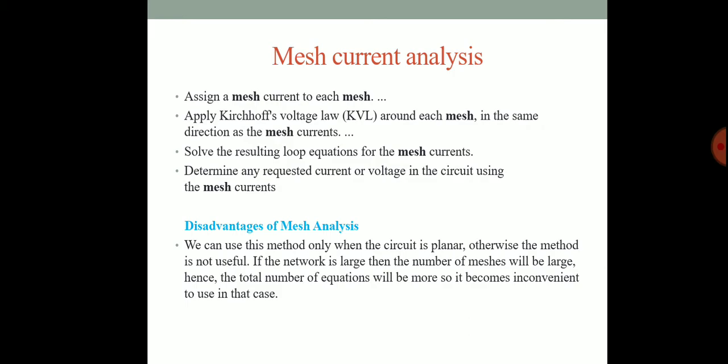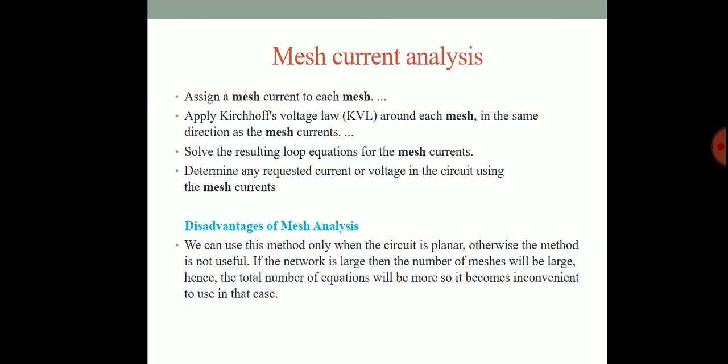Another difference is that in this method each branch of a network may carry more than one current. So the total branch current must be decided by the algebraic sum of all currents through the branch, while in analysis using Kirchhoff's law, each branch carries only one current. The advantage of this method is that in a complex network the number of unknowns is reduced, greatly simplifying the calculation work.